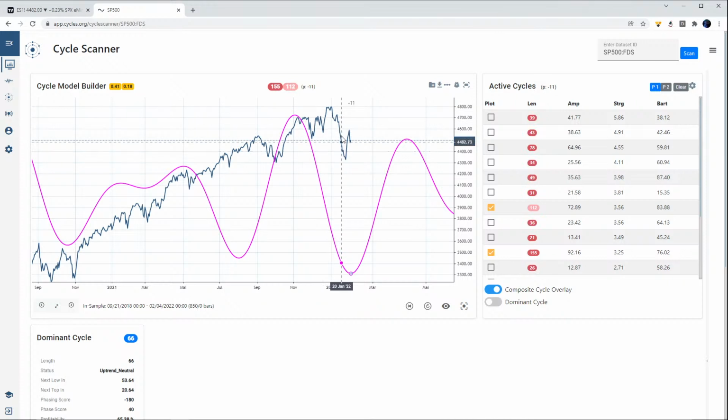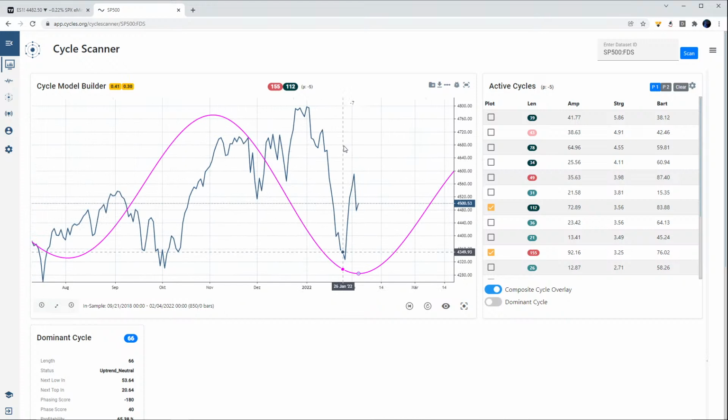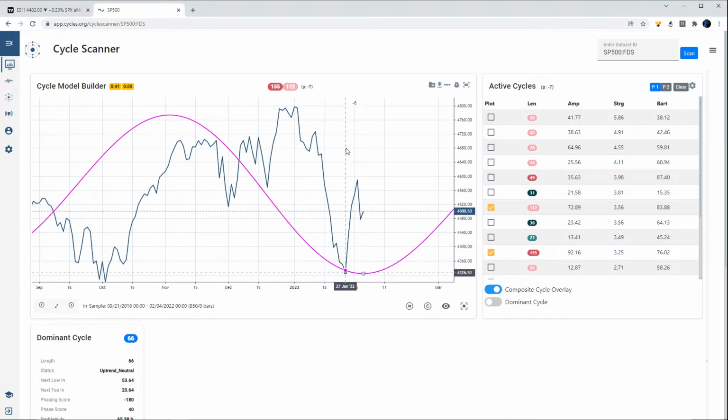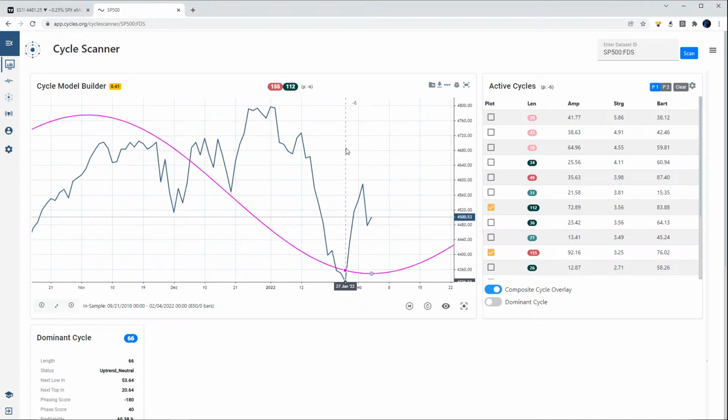So here the shorter one with the length of 112 days starts to phase out and has now at this given point rolled over to the positive side, which is what you will not see in the composite. So the composite is still pointing down here at this point in time. However, at this point in time here, the shorter cycle has already rolled over to the positive based on the green background coloring you see here. And even if we move over, you see that this push upwards here seems to be mostly influenced by the cycle with the length of 112. The longer term cycle with the length of 155 is still negative, which while we now move into the future,